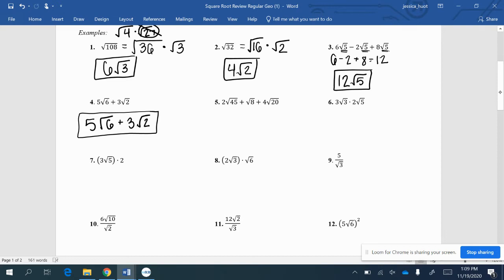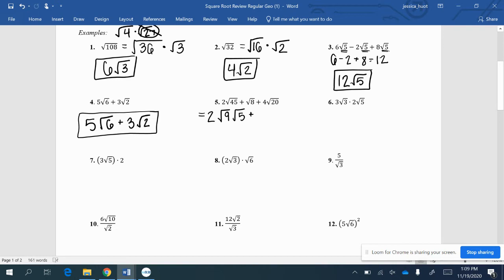Number 5, 2 times the square root of 45 plus the square root of 8 plus 4 times the square root of 20. We've got to simplify all of these first. So I'm going to rewrite this. So 2 times, let's try to break the square root of 45 up. 45 divided by, I always start with 4. 4 is a decimal. 45 divided by the next perfect square, 9, gives 5. So 2 times the square root of 9 and the square root of 5 plus